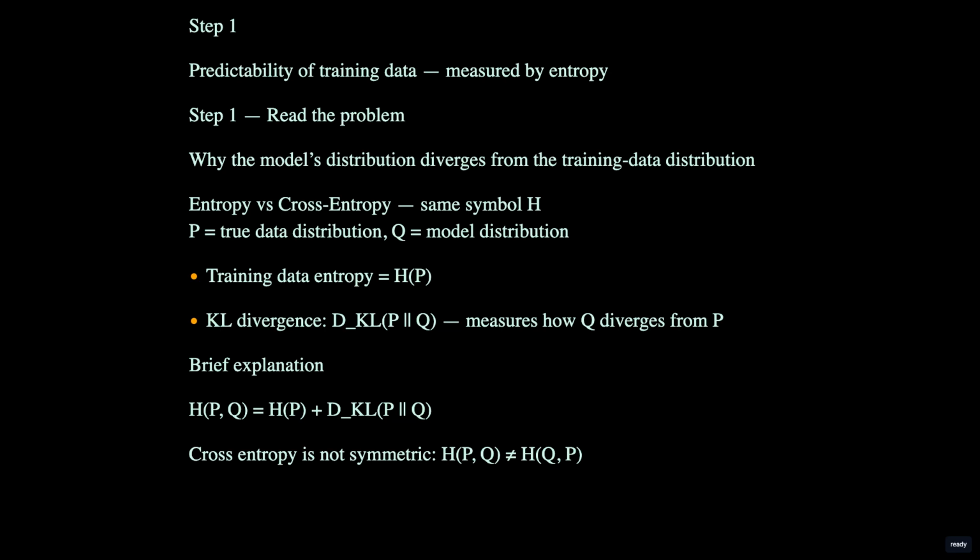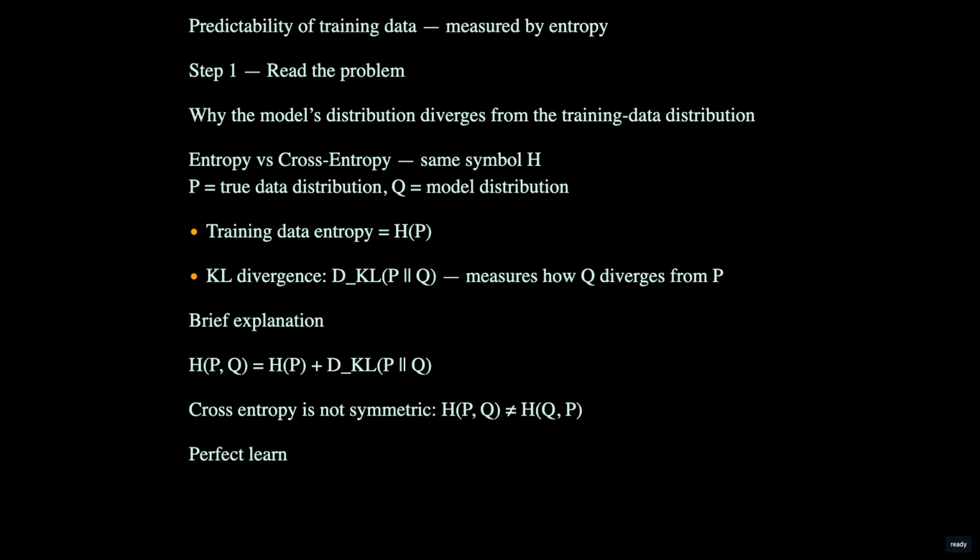They only match when P equals Q. We train language models by minimizing cross-entropy to the training distribution. If the model matches that distribution exactly, its cross-entropy equals the true entropy of the data, so the KL divergence KL(Q||P) is 0. In other words, cross-entropy is the model's estimate of the training data's entropy and its goodness